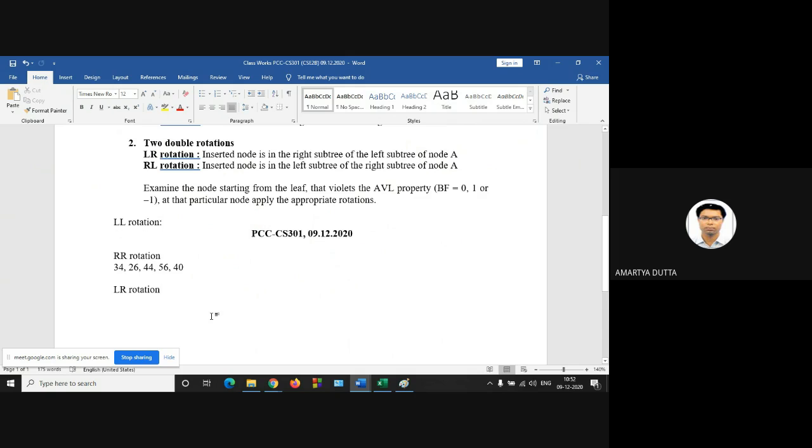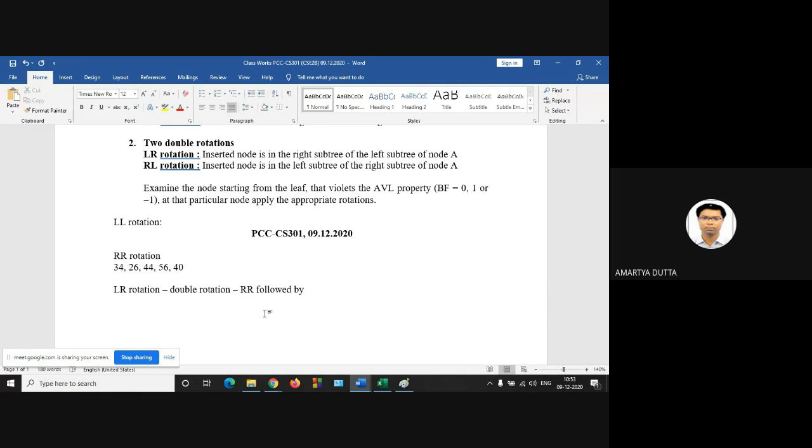So LR means you have to scan from right to left. So double rotation, and again you can think of this as RR followed by